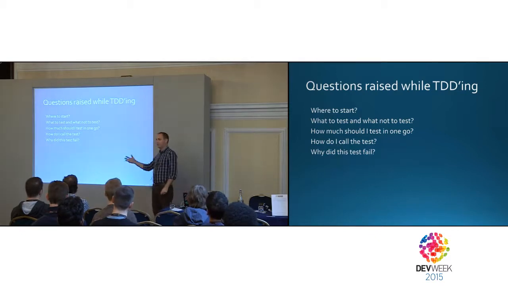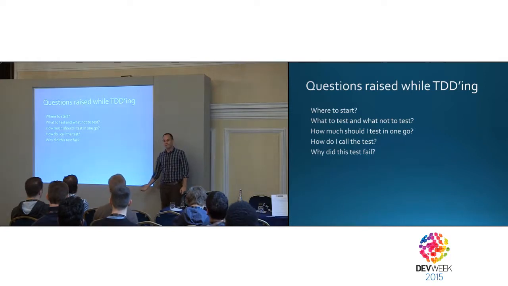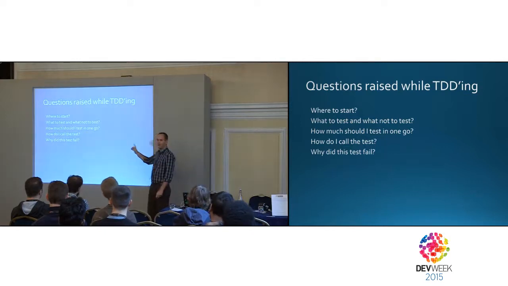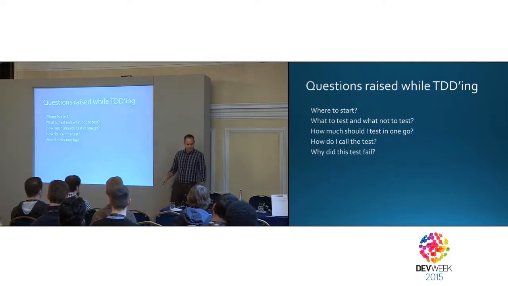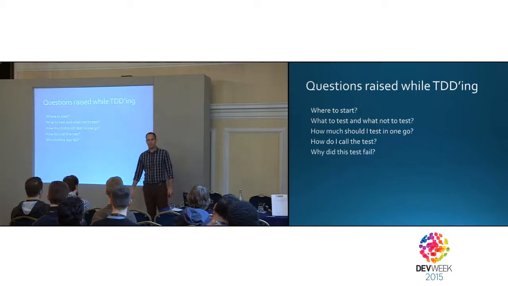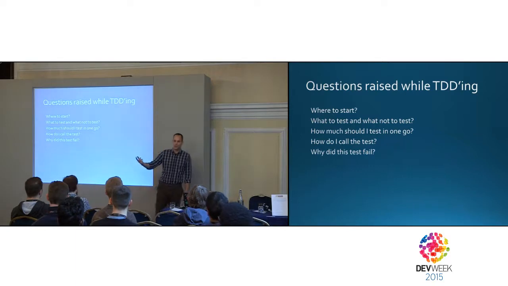How many things do I put in my tests? What do I call that test? The number one hardest thing in development is naming stuff. I have a tough time naming the tests and naming my code. And why did the test fail? Which is unfortunate, because when a test fails, you have to know why it failed without debugging, without actually going into your software and trying to understand it, in the perfect world.